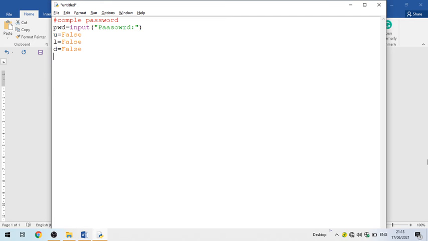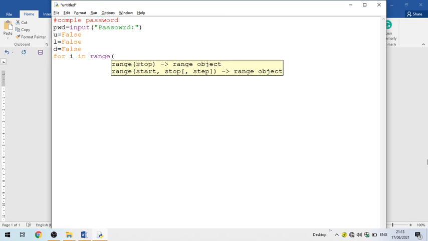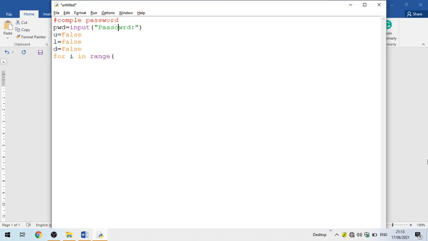Now we create a for loop. In the for loop, we start from i, and in range, we check the password's value for each and every character of the password, and check whether it fits our rules or not.